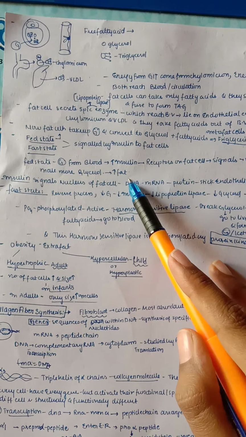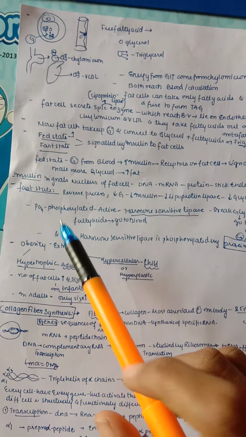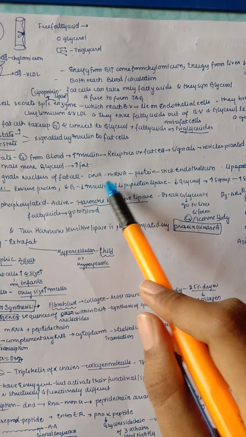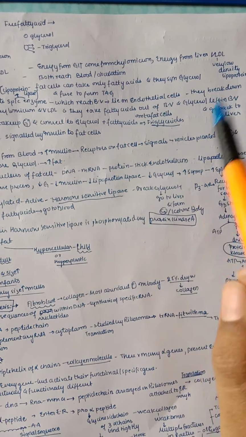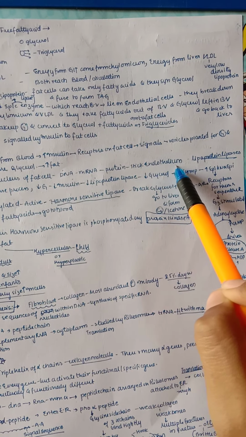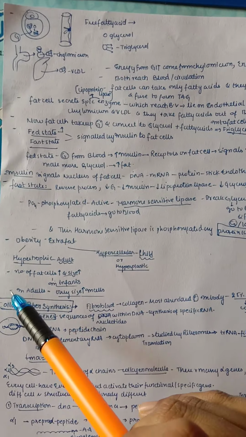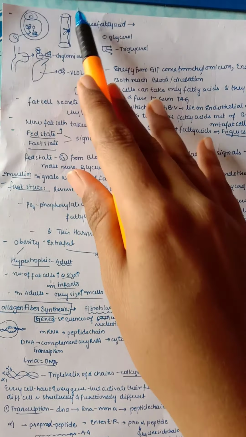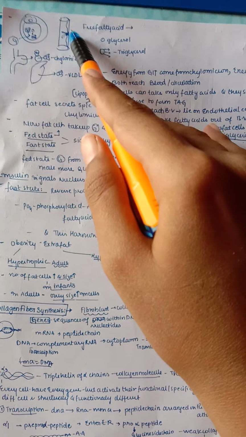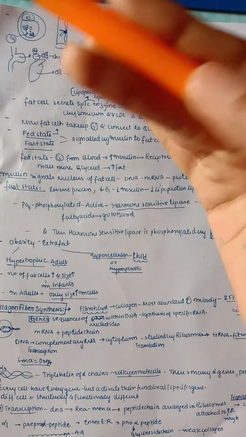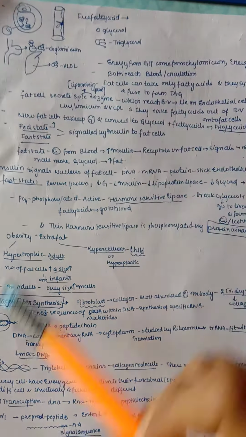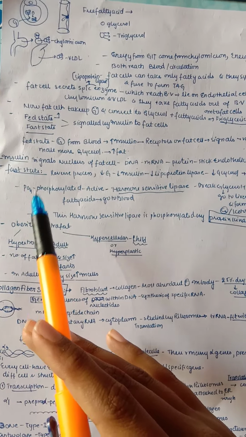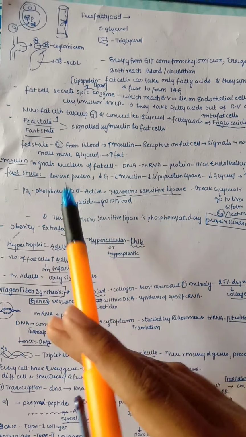Whenever we eat more, there is more fat storing in our fat cell, and insulin signals the nucleus of the fat cell: first the DNA is converted into mRNA and then into protein, we know this process, and that protein, the lipoprotein lipase, sticks to the endothelium. This is how insulin signals the formation of lipoprotein lipase, attached to our endothelium, and it breaks down the fatty acids and supplies them to the fat cell.